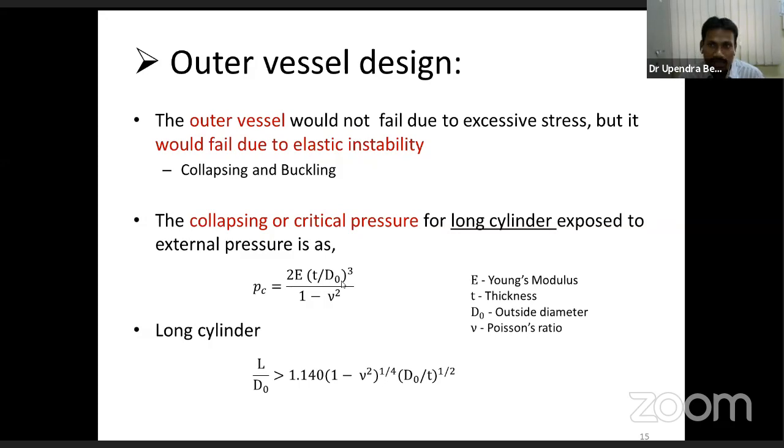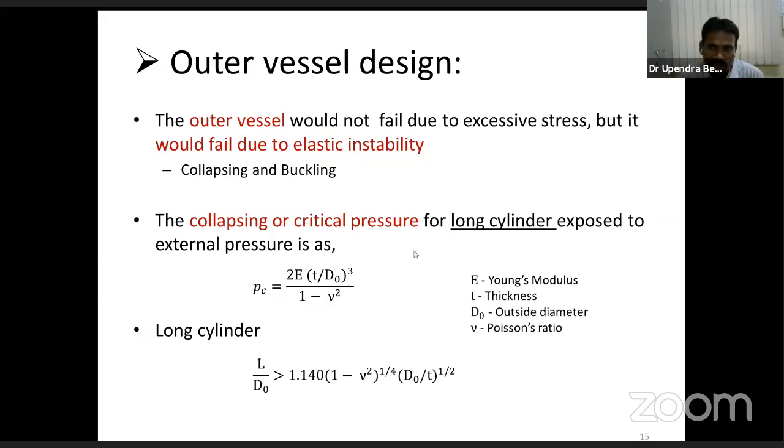So the load on the outer vessel is the atmospheric pressure. It does not fail because of excessive stress, but it fails due to elastic instability because of the atmospheric pressure working on the outer vessel. So we have to consider the collapsing or critical pressure, whereas for the inner vessel we considered the internal pressure. From this equation we can find out the thickness of the outer vessel. For a long cylinder, the equation is Pc, the critical pressure, equal to 2 times Young's modulus, multiplied by t by D0, the outer diameter of the outer vessel, to the cubic power, divided by 1 minus mu squared,